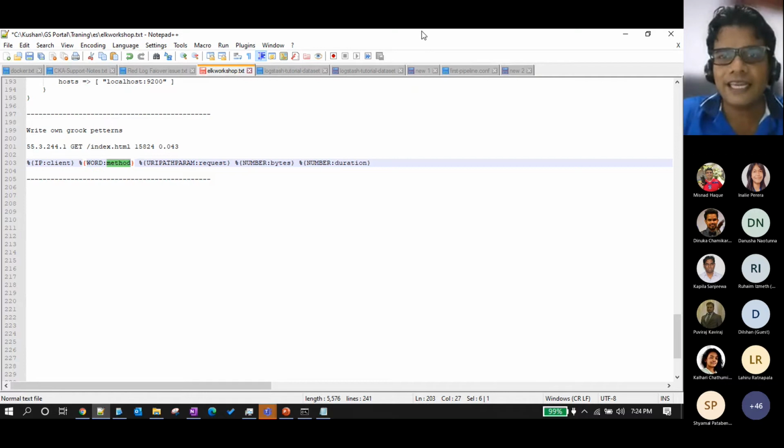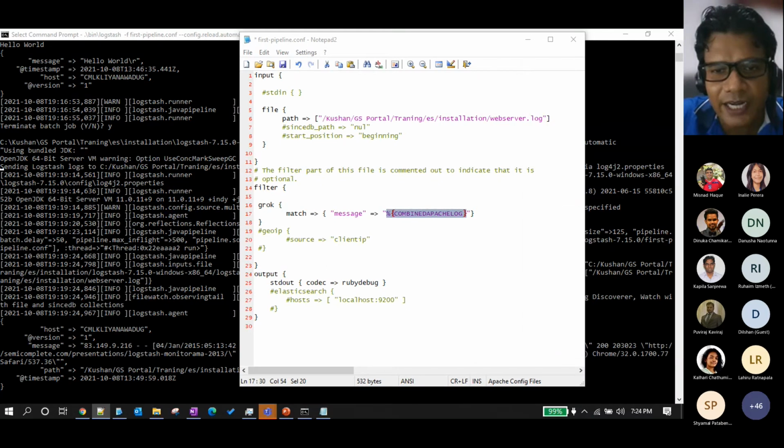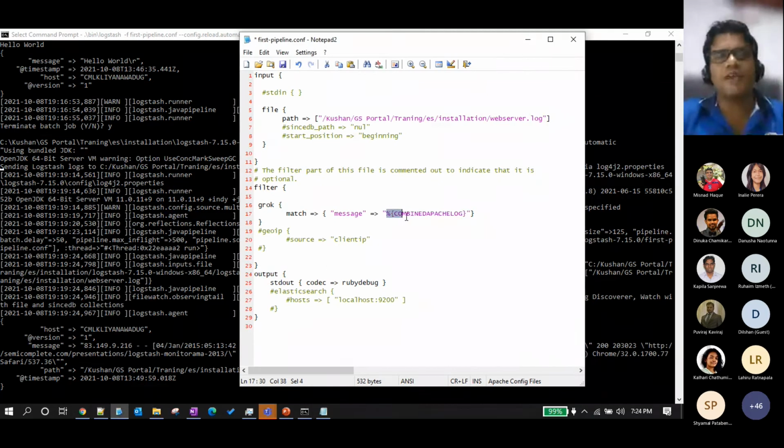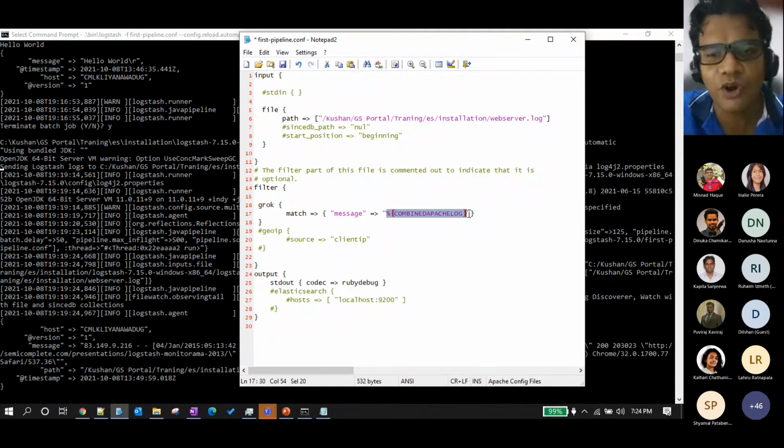But in this particular example, I used the already pre-written Grok pattern to capture the Apache logs, where I don't have to write my custom Grok pattern. For the easiness, I have done it.